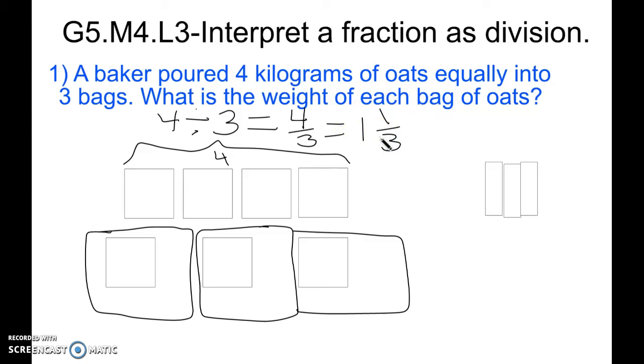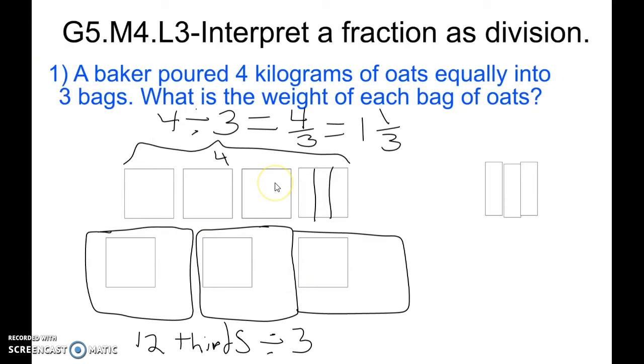So let's see what this looks like modeled. We have 4 whole pieces, and we know that we're going to break them down into thirds. So each piece essentially would have to go into thirds. After we do that, we'll have 3, 6, 9, 12 thirds. And we are again dividing these 12 thirds into 3 pieces. So after we divide them, we know that each of them are going to get a whole,